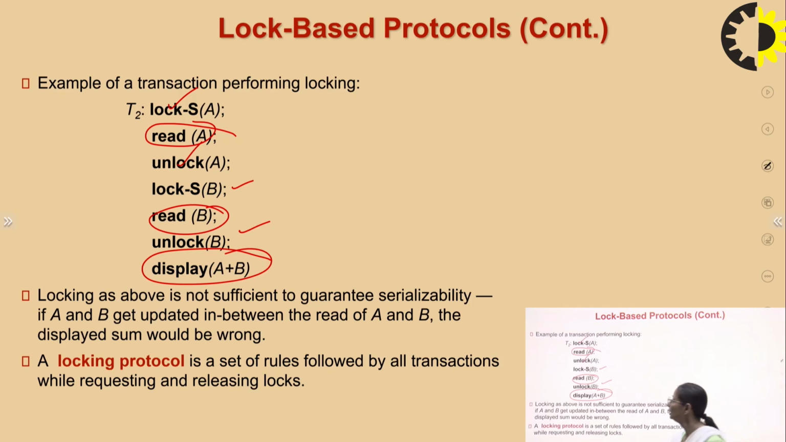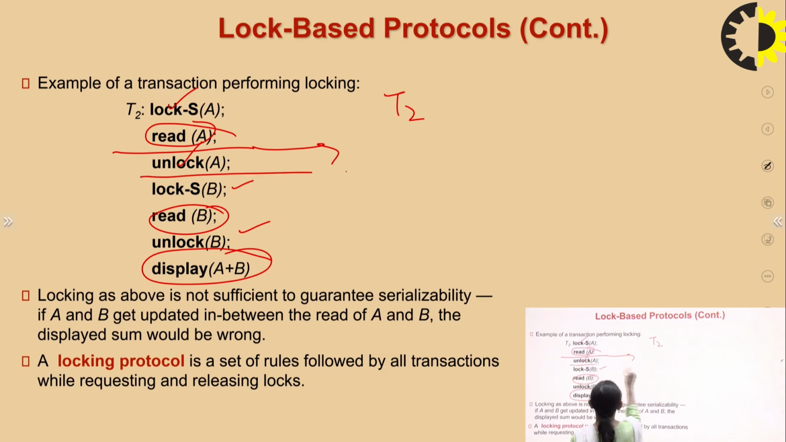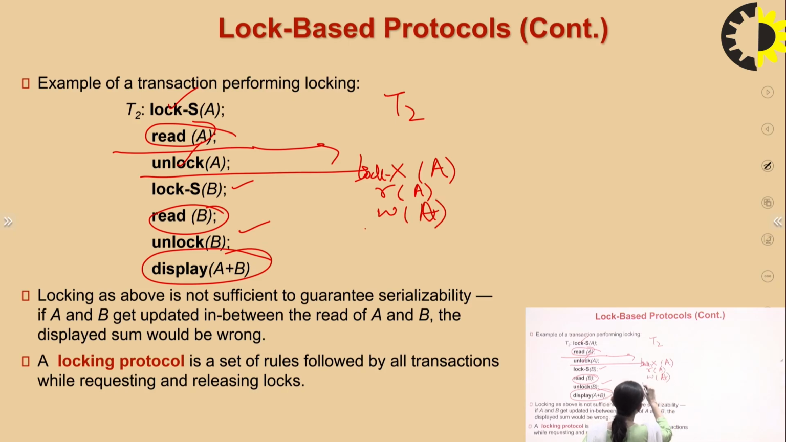For example, what will happen? After that, this is my T2. My T3 started execution after this point. Now the exclusive lock can be given. After that,